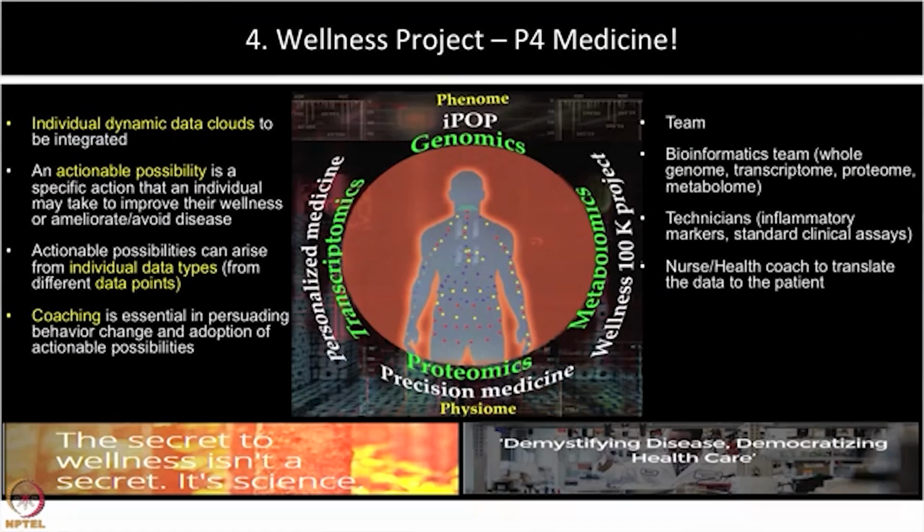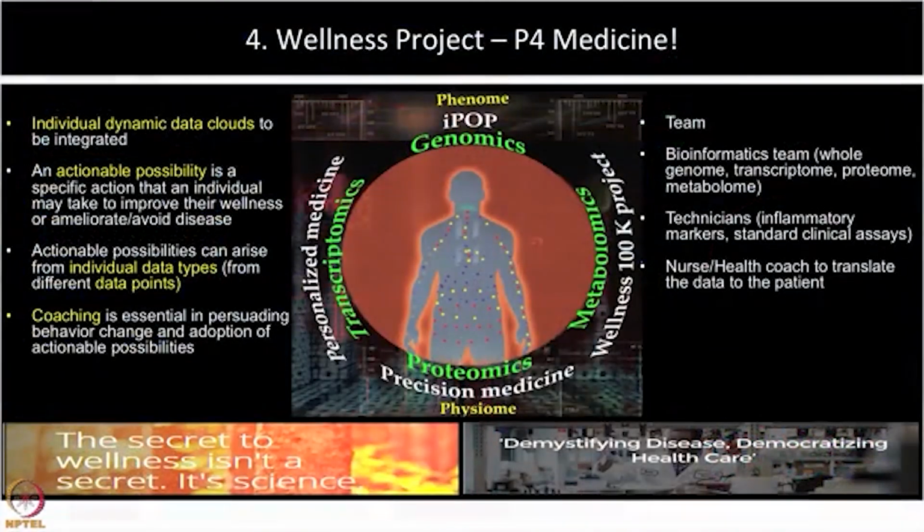Let me now take you to the next project, which is the wellness project. We have been talking mainly about how to compare healthy individuals with disease, but can we look at the wellness or health status of a healthy, or seemingly healthy, individual in a longitudinal manner? Can we look at their entire omics profile at different time intervals, from time 0 to 6 months to 1 year, 2 years, and start looking at whether changes are happening in a dynamic manner inside the body, which might give us clues for what disease the individual might have, or whether the individual is still healthy? So the individual dynamic data clouds have to be integrated, and that field is known as P4 medicine, which